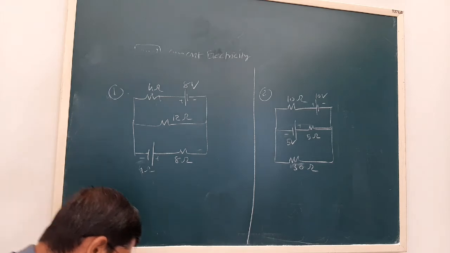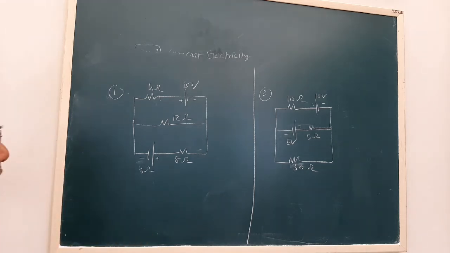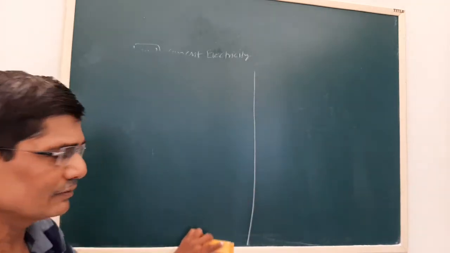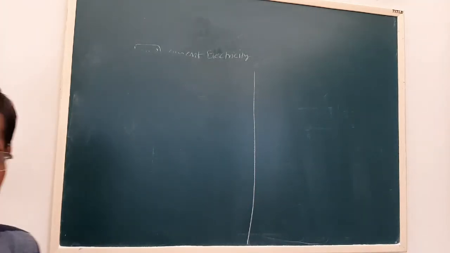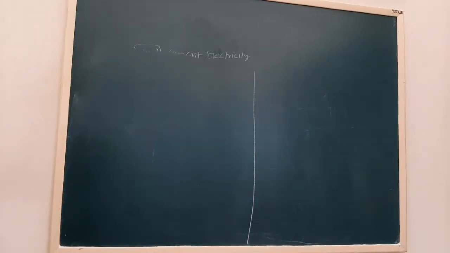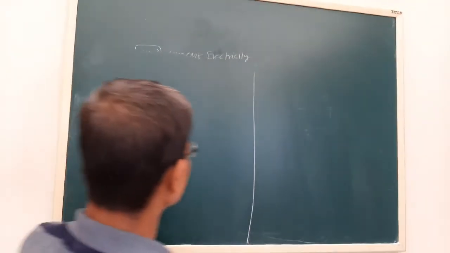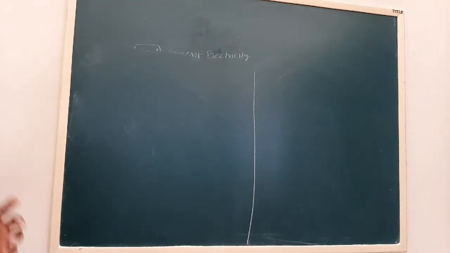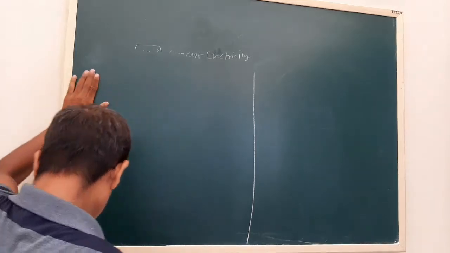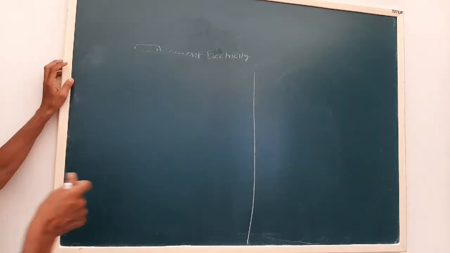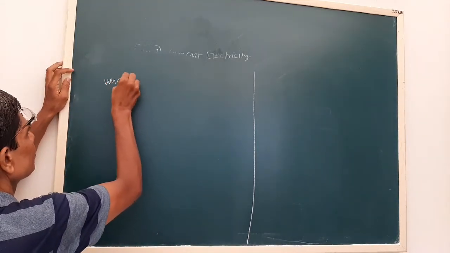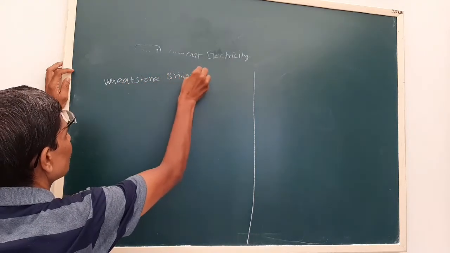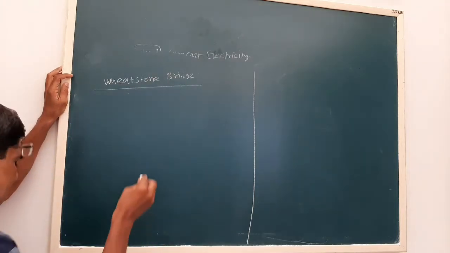Next we have to see about the Wheatstone bridge. Now the Wheatstone bridge is a very simple electrical circuit. You will have an experiment for the Wheatstone bridge in the laboratory also, where you will have a practical view. It is used to find the value of an unknown resistor. There are 4 resistors and a galvanometer. So our next topic is the Wheatstone bridge. It is a special type of network.